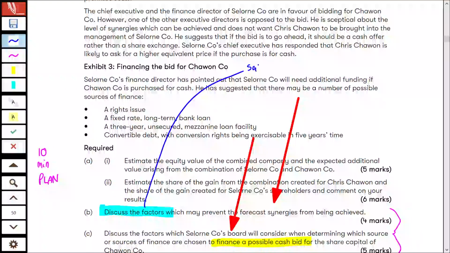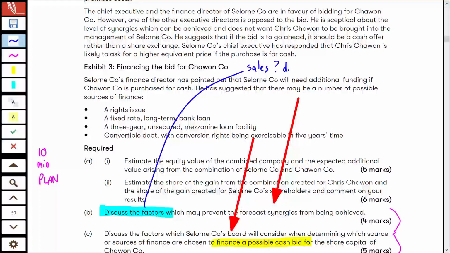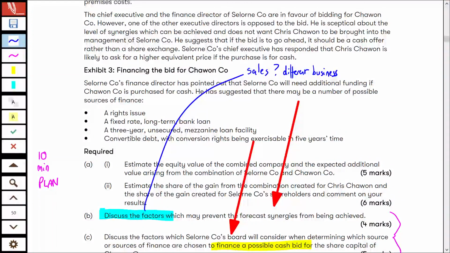We think we're going to sell more, and there's some indication in the question that Q20 has lost out on major contracts because it's seen as being too small. But it may not win more contracts if it combines with another company that's bigger but in a different business. So it might be the case that because we're in different businesses, we just don't see a big uplift in terms of sales. And in terms of our cost base,